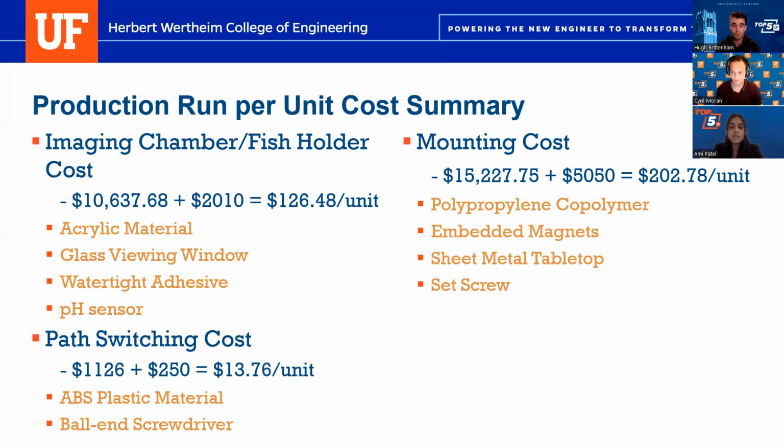For the mounting subsystem, the total material cost is $15,227.75. Additionally, 3D printing the mounts through Xometry again costs $5,050. Using the UF Fab Lab's laser cutting service, cutting the sheet metal tabletops will cost $1,340. This totals to a unit cost of $202.78 for this subsystem. So overall, the cost per unit for a 100-unit production run is $343.02, which is under